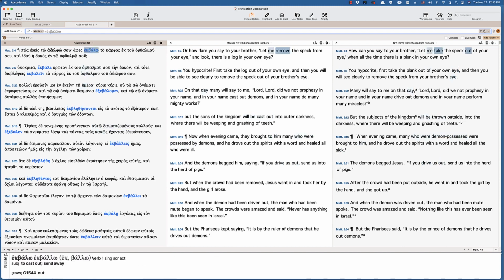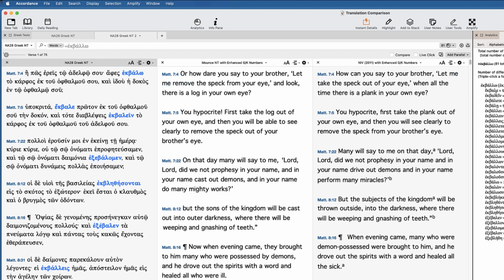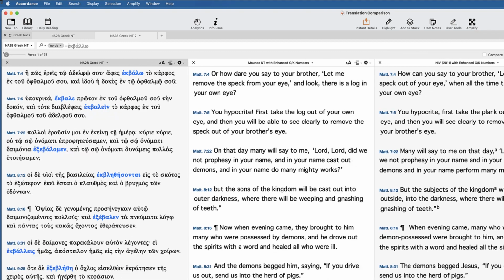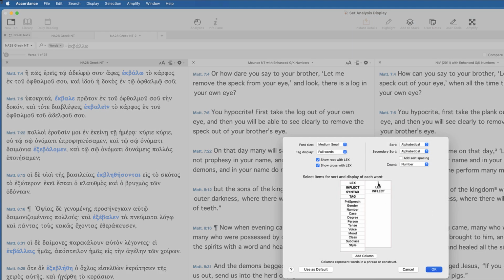And as you do your mouse-overs, you can see the English translation. Okay, that's one way to do it. If you go up to Analytics now and go to Word Count Totals Analysis, this is my favorite analytics they have, then here's all the different inflected forms and how many times they occur. Now, if yours doesn't look like this, I'm going to pull it over here just a bit, then go into Customize Display